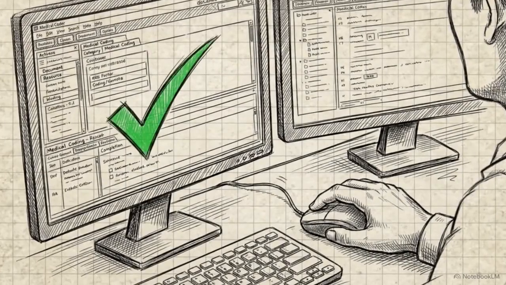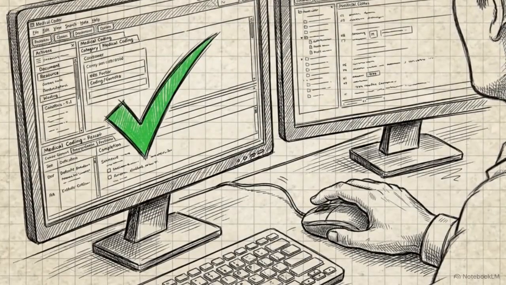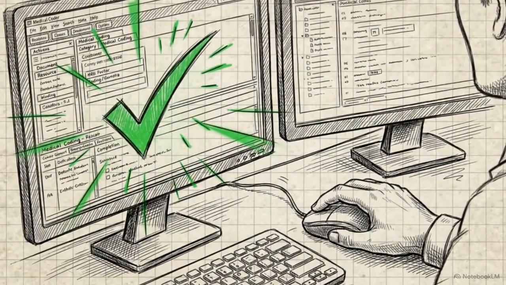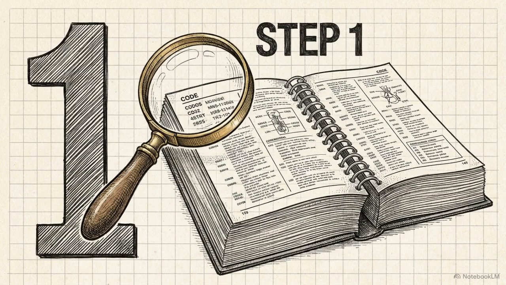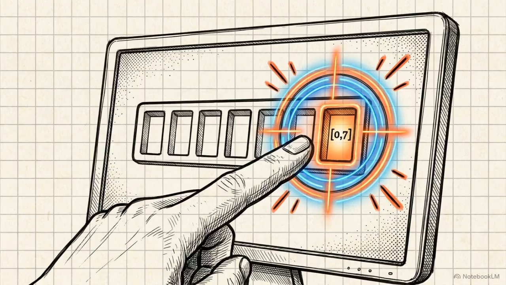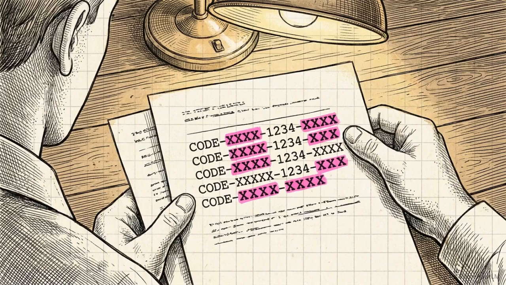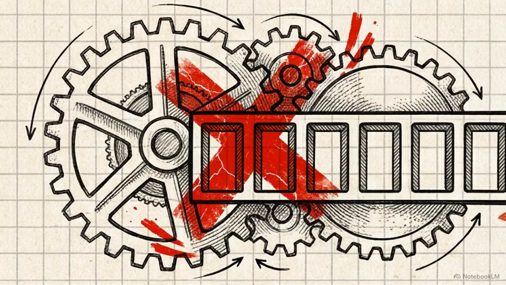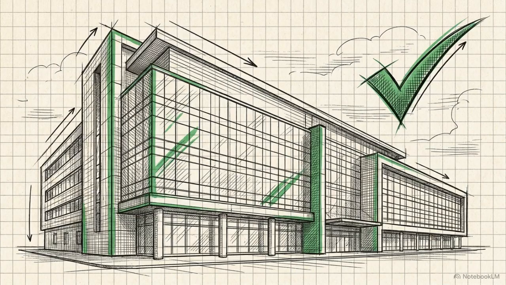To operationalize this in your daily workflow, run through a strict 3-step professional checklist before finalizing any claim. Step 1. Consult the tabular list. Does the manual explicitly require a 7th character for this specific code category? Step 2. Check the final output. Is that designated character currently sitting in the absolute 7th physical position within the data field? Step 3. Verify the structure. If the base code was too short, were X placeholders correctly deployed to map the required distance? If you answer no to any of these questions, remember the final directive: no 7th, no code. Strict adherence to this positional logic is the only path to valid, complete, and